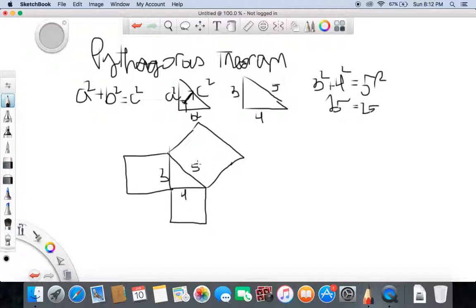This is not an art class. So 3, 4, and 5. So 3 squared plus 4 squared equals 5 squared. So basically the areas of these squares add up. And since the area of these two squares will always add up to the area of this square, that's how you basically find